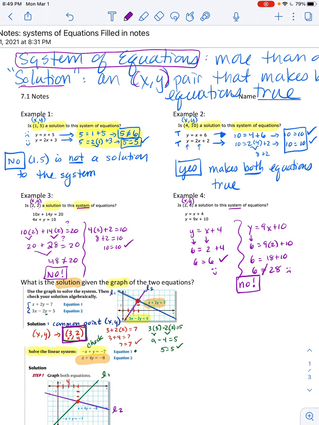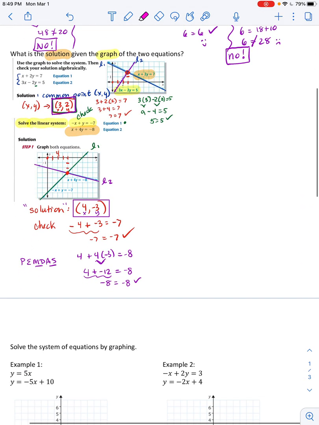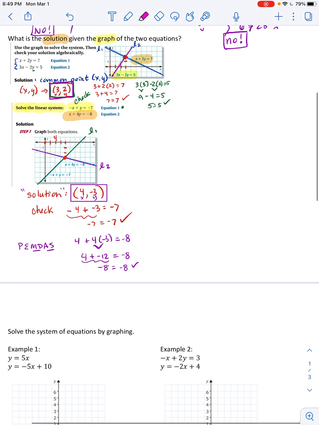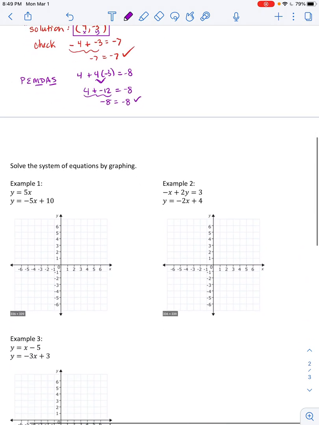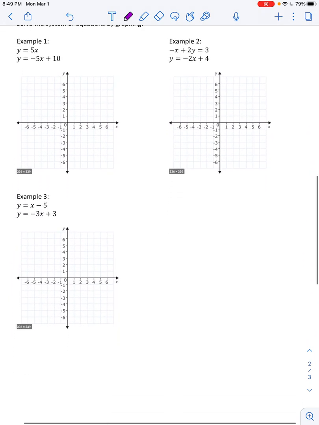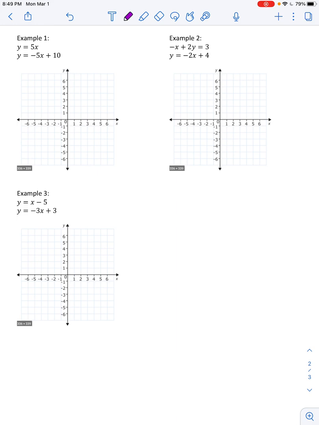So coming out of these notes, you want to be familiar with the terms system of equations, solution. You want to know how you test that by plugging in your x's and y's and seeing if it works. And you want to know that when you're looking at graphing, the solution will be the point that they have in common. All right, so maybe stop the video and try some of these, because here we do have